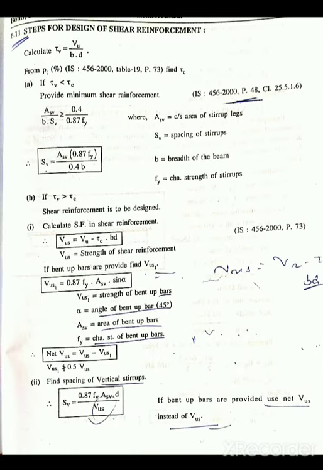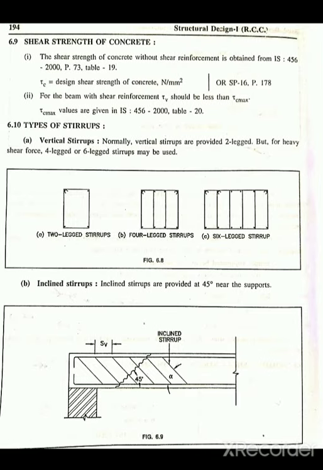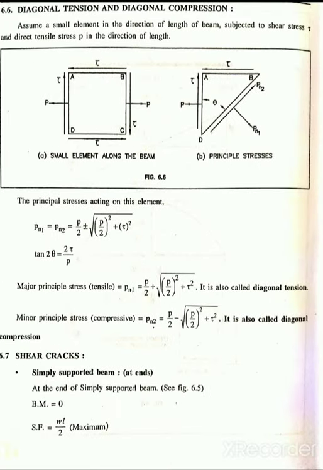Now check for maximum spacing. It is 0.75 D, 300 mm, or ASV into 0.87 Fy upon 0.4 B. So in this way, provide the smaller of these values. It is also given in IS 456 2000 page 47. So here are the steps for design of shear reinforcement. Okay, it is very important theory. So first of all,